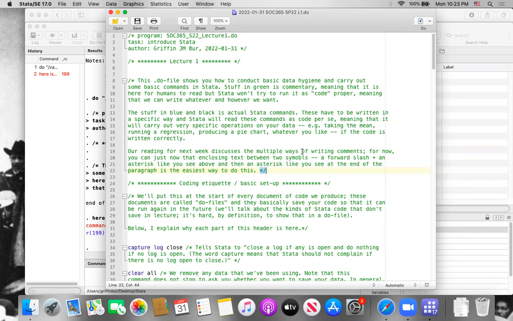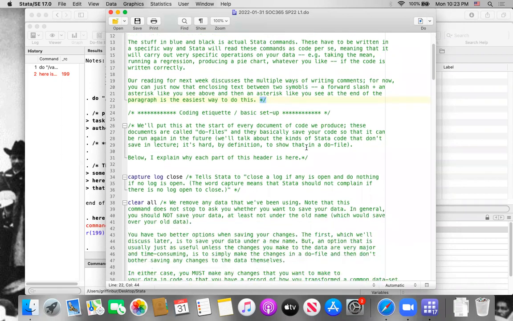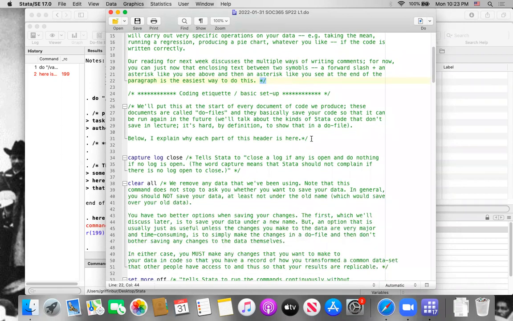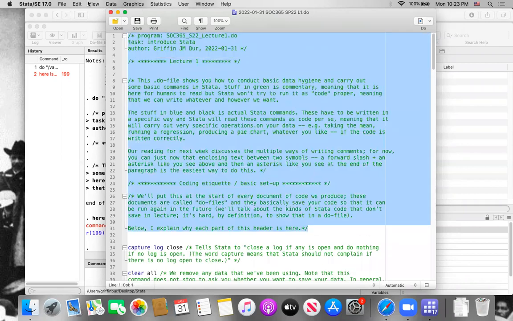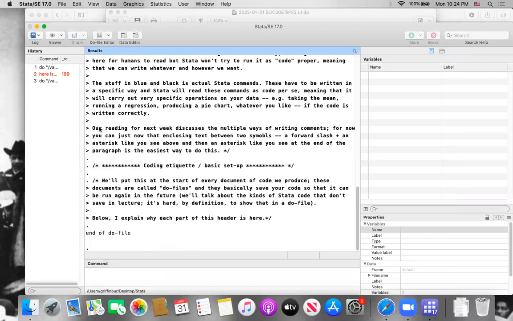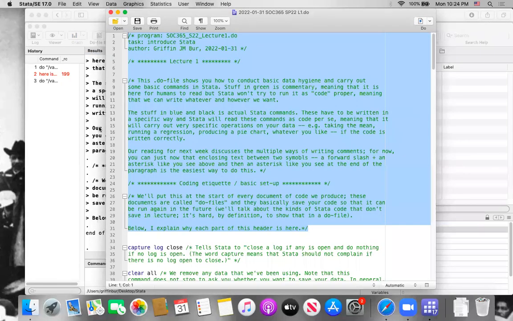Because we're going to put this at the start of every Dofile that we do, and from here on out, you don't need to explain it or necessarily understand too well everything that's going on. But again, I think it makes sense to just show it at least once. So we'll run all of this. And to run parts of a Dofile in Stata, incidentally, you just highlight and then click do. Now, it's generally not a great idea to do this if you are not doing it, as I am, for the sake of pedagogy. And one reason for that is that